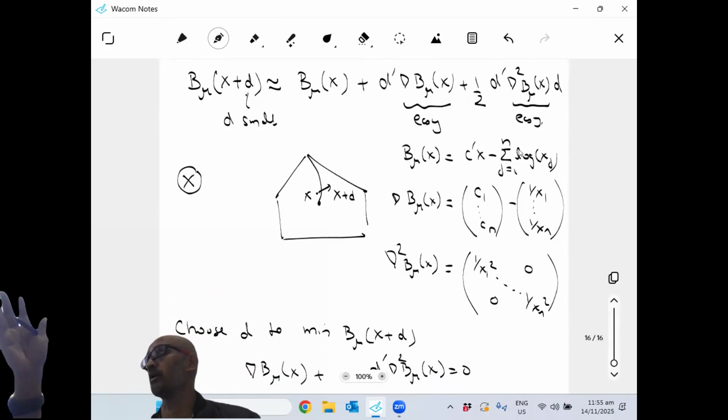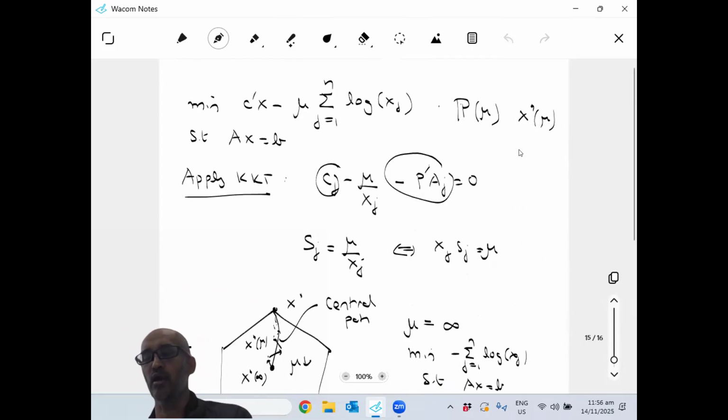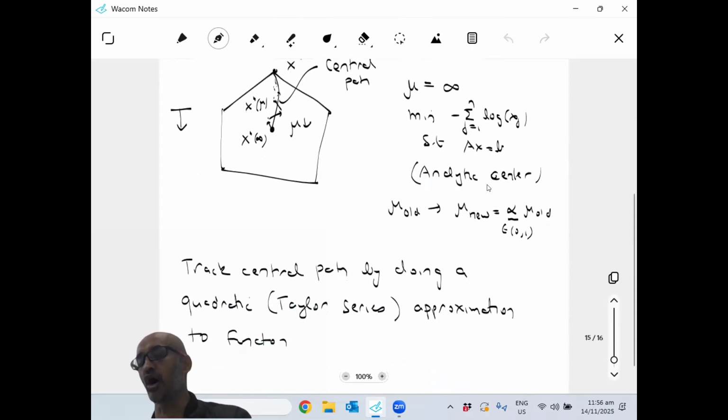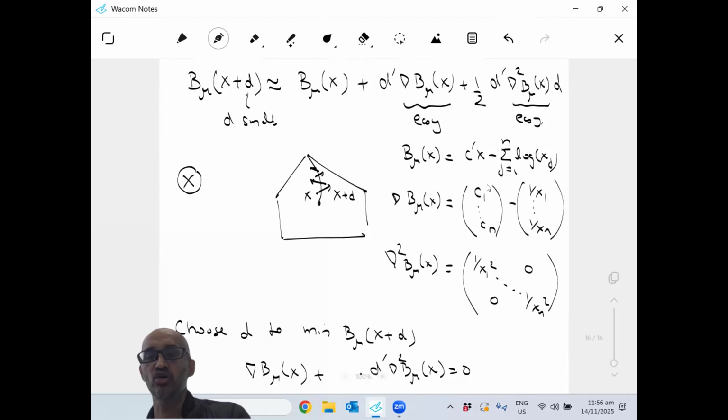So you don't solve the original problem, because the original problem, finding the central path exactly, is hard to do. So you do this by applying Newton's method. You keep moving this, and then you have to have some property of the way you change the mu. So there's a formula for how alpha changes. Okay, but if you change alpha in some particular way, you keep changing mu, decreasing mu, till you converge